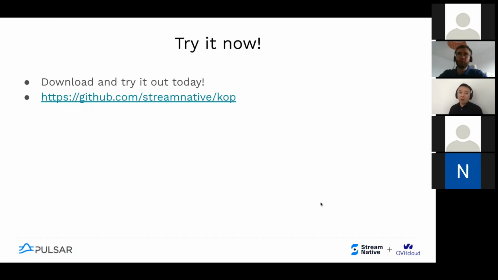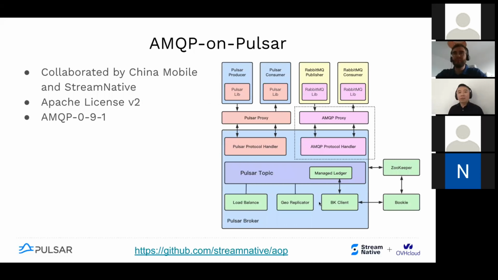So to close the session here, the KoP effort is all public. It's open source under the Apache license. So you can download and try it and give us feedback. You can find us in the Slack channel, both Pierre and me. To close the conversation,